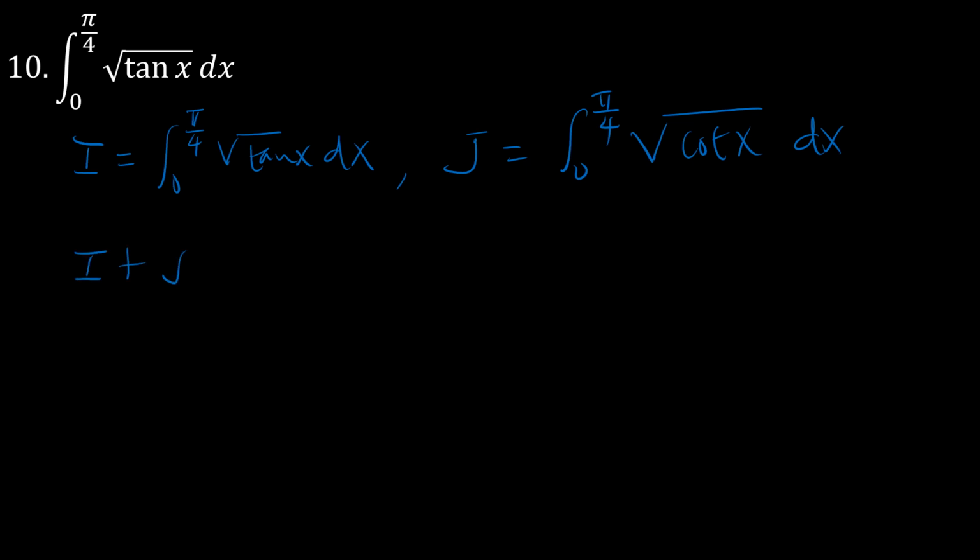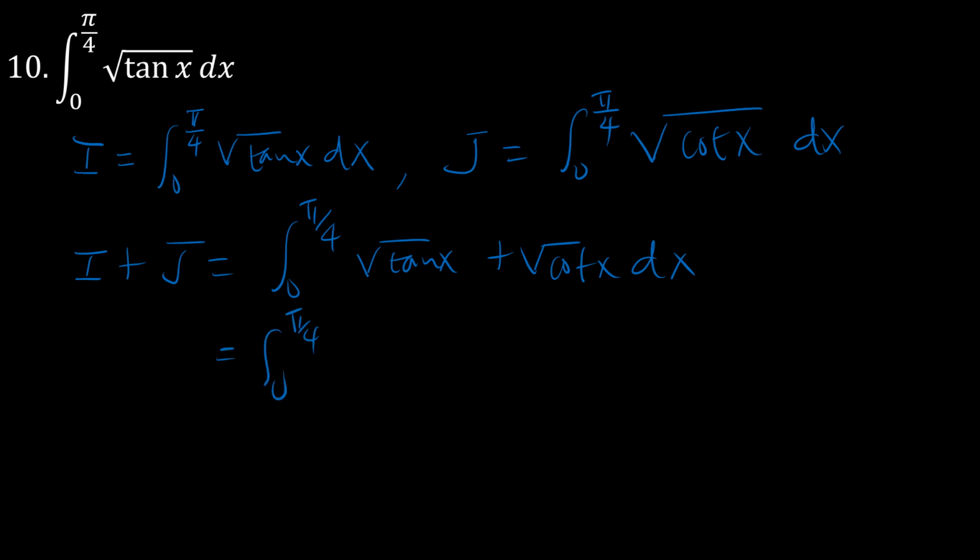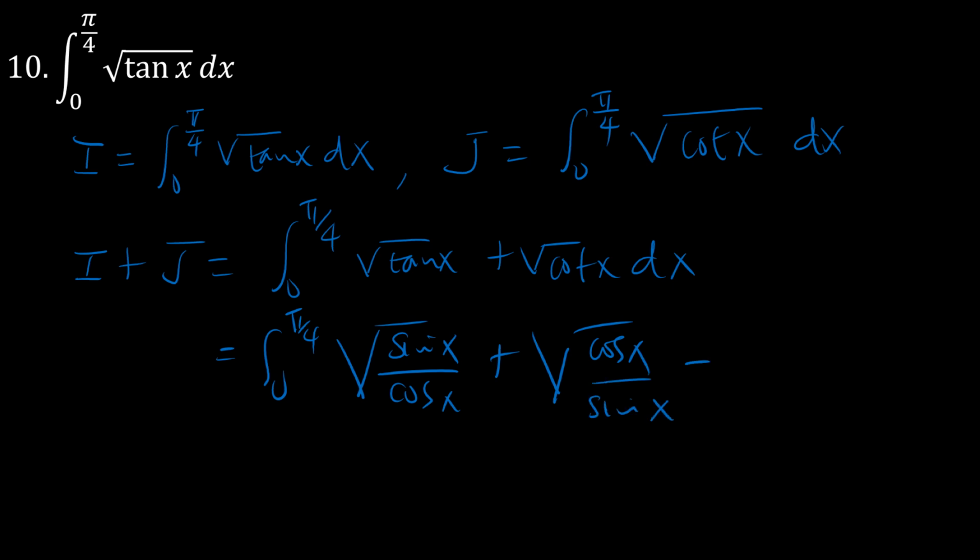such that when I add I plus J, this is the same as the integral from x equals 0 to x equals pi over 4 of the square root of tangent of x plus the square root of cotangent of x, which is the square root of sine x over cosine x plus cosine x over sine x dx, which is equal to sine x plus cosine x over the square root of sine x cosine x,